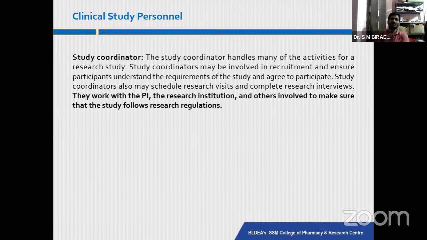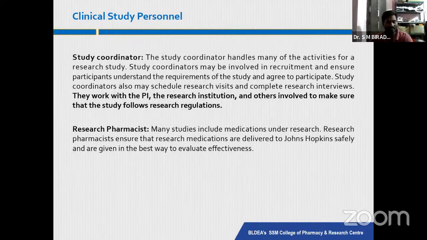Sometimes the investigator might be busy with so much work, because he is the one person who is looking after each and every corner of the study. So for help, he appoints a study coordinator, because one clinical trial has many segments, and each segment can be provided with one study coordinator. They individually look after that particular section of the clinical trial and report to the investigator. This is the main role of the study coordinators. There might be one or many study coordinators in a single clinical trial according to the requirement.